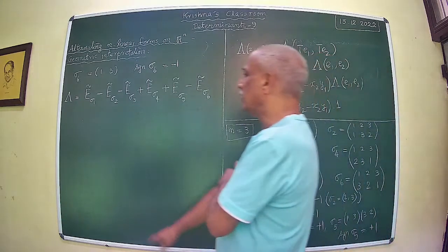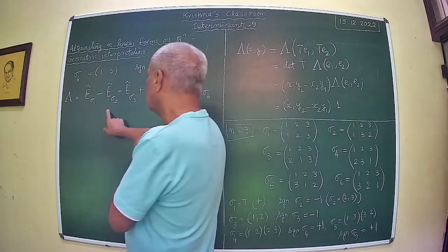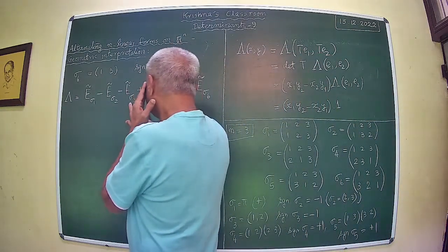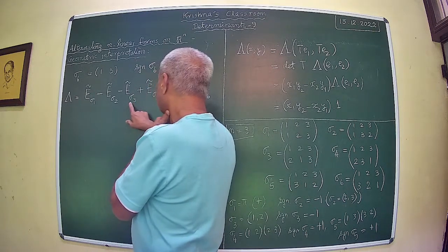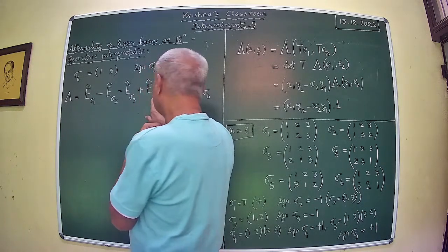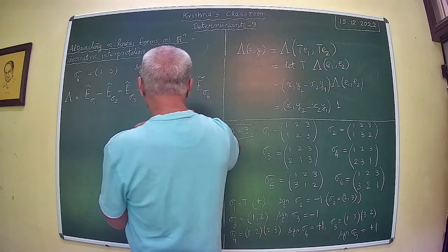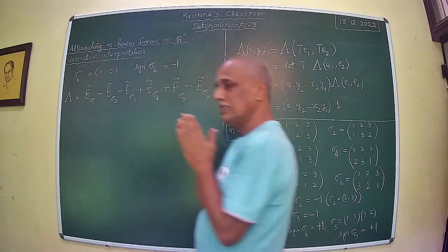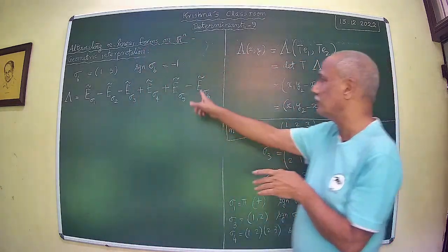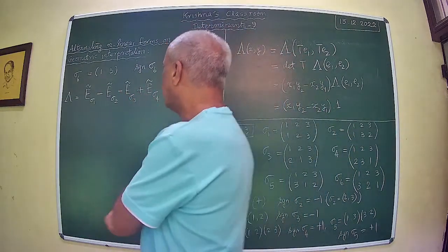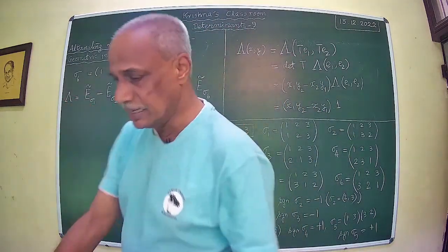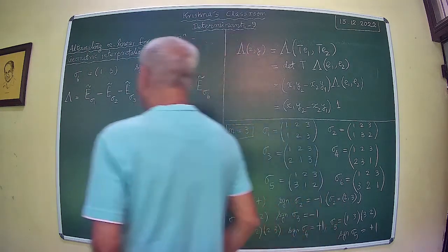Sigma 1 is an even permutation, sigma 2 is odd, sigma 3 is odd, sigma 4 is even, sigma 5 is even, and sigma 6 is odd. Therefore, you have the corresponding signs coming. So this is the detailed expression of this. Now, let me just